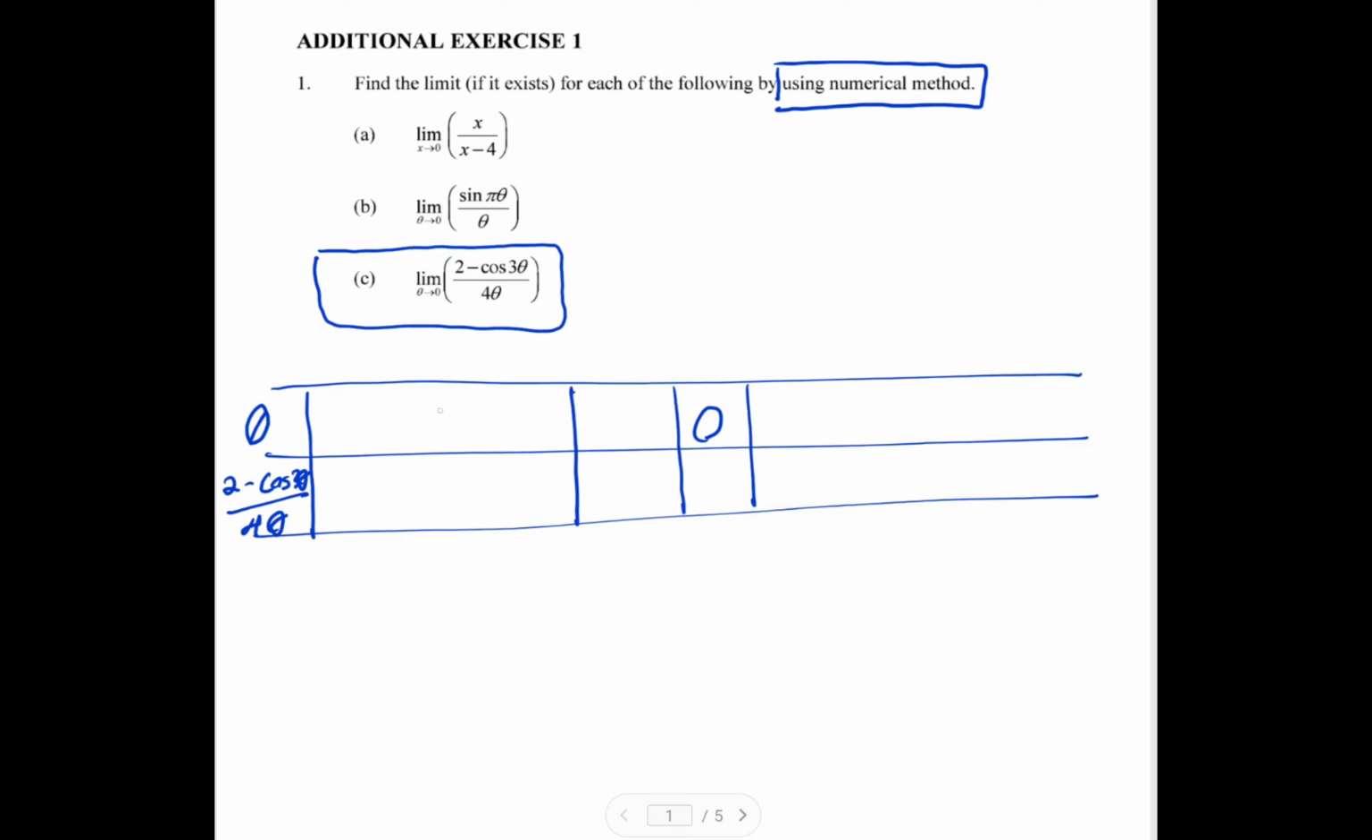We can choose 3 numbers from the left and 3 numbers from the right. For example, negative pi over 10, negative pi over 20, and negative pi over 50. Also the same thing from the right: pi over 50, pi over 20, and pi over 10. When we substitute negative pi over 10 in the function 2 minus cos 3 theta divided by 4 theta, we get negative